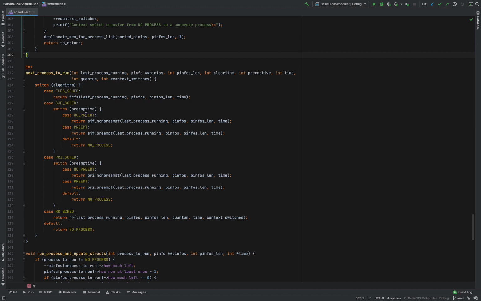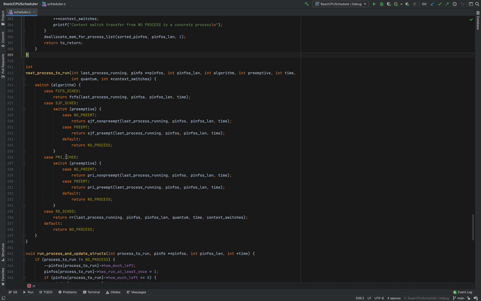If there is no preemption, then we run the SJF non-preempt function, and that is going to give us the next process to run. And if preemption is there, we run the SJF preempt function to figure out which process is going to run for the next quantum of time. And for the default, we just return no process.